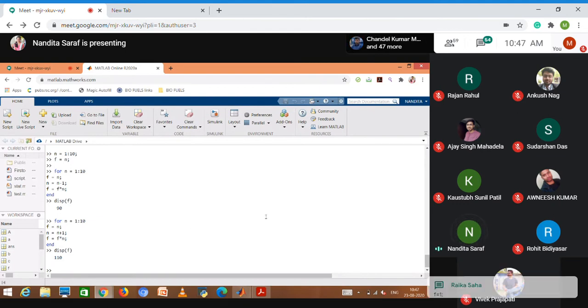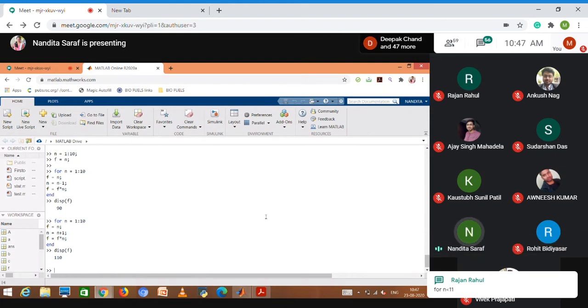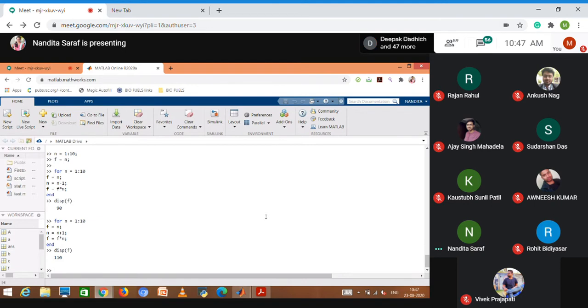Okay, so we will. No, but here it will go from 1 to 10, so we don't need any kind of condition. This is happening because every time the loop runs, it stores the value of.